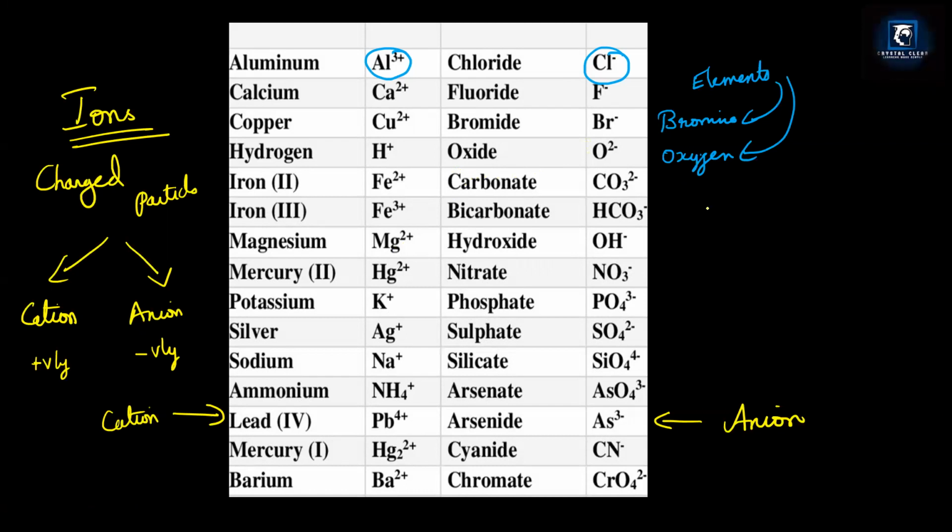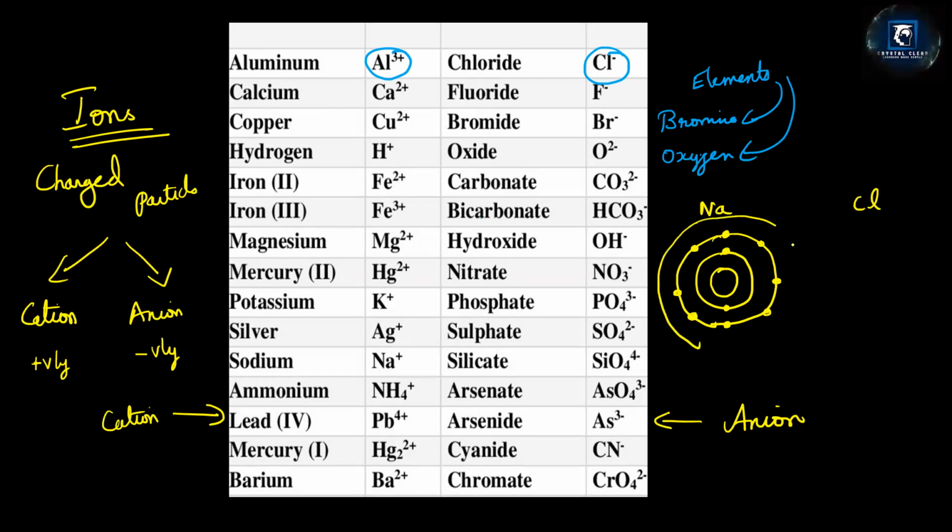So one example I'll tell you, sodium and chlorine. Okay, so sodium, if you take it, let me draw and then I'll tell you. Okay, and if you place the electrons, K shell 2 electrons, then L shell 8 electrons: 1, 2, 3, 4, 5, 6, 7, 8. Another shell will have only 1 electron. This we call the structure of the atom. The atomic structure will be denoted like this.